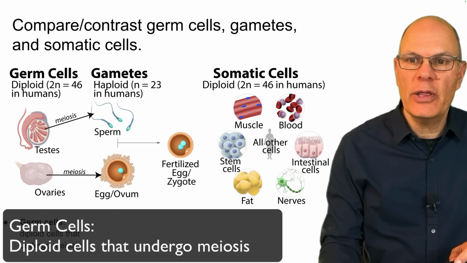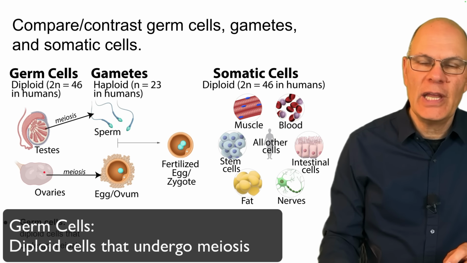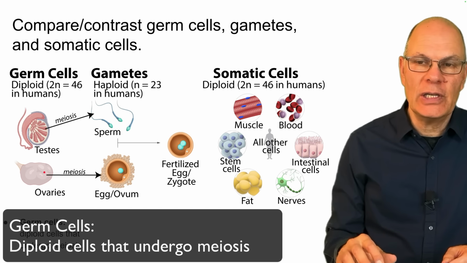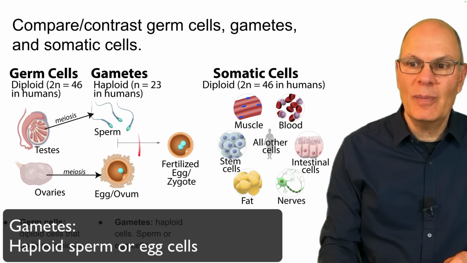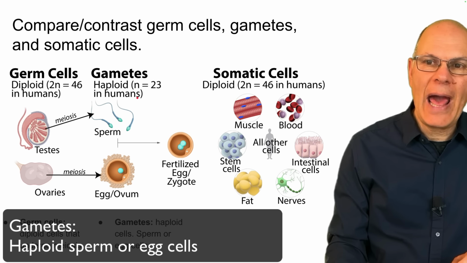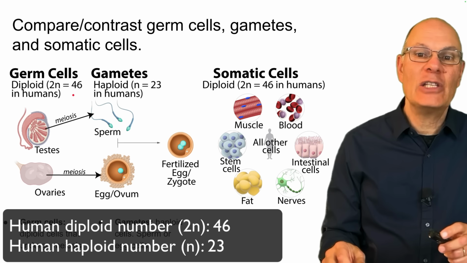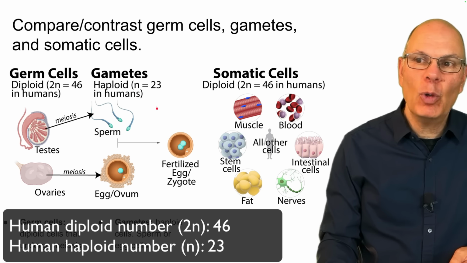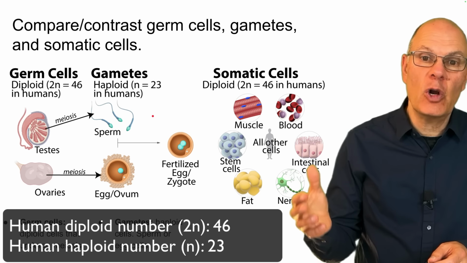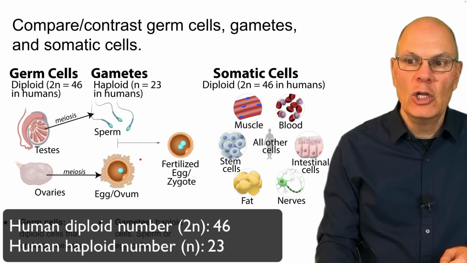Germ cells are the diploid cells that are found in the testes and the ovaries that undergo meiosis. They produce gametes, and after meiosis we have sperm and egg cells that are haploid. In a human being, the diploid number is 46. That's 23 pairs of chromosomes. In the haploid gametes, the chromosomes aren't paired anymore, so there are just 23 chromosomes in the sperm, 23 in